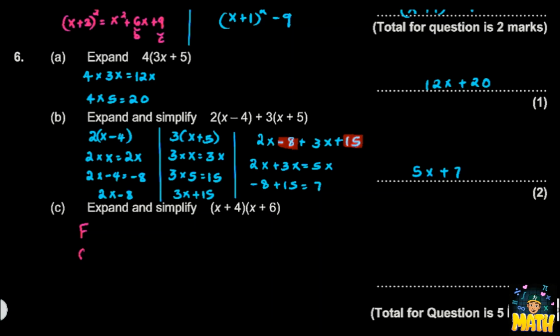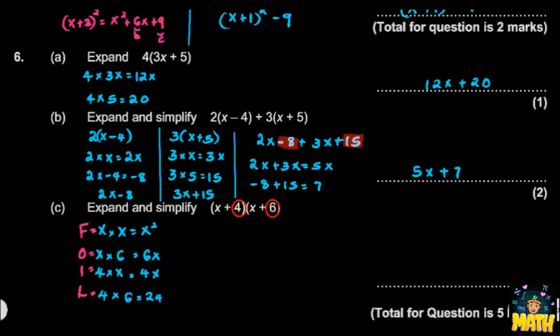Here we have expanding double brackets, FOIL. So remember, you can also use the grid method. If you would like to see the grid method, comment down below. So here we are using the FOIL method. First, the x and the x to get x squared. Then the outer, 6 times x to get 6x. And then the inner, which is 4 times x to get 4x. And then the last, that is 4 times 6 to get